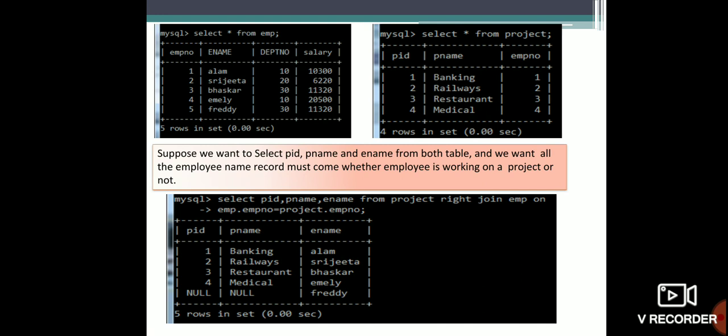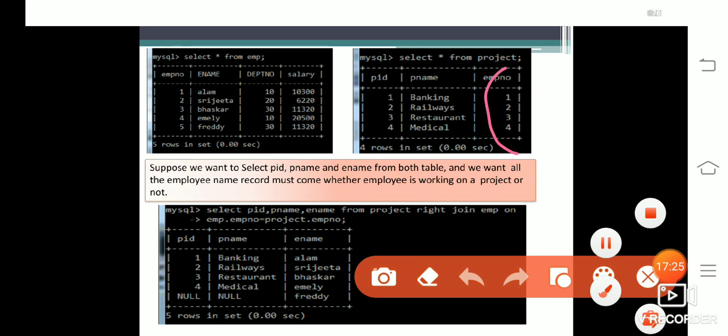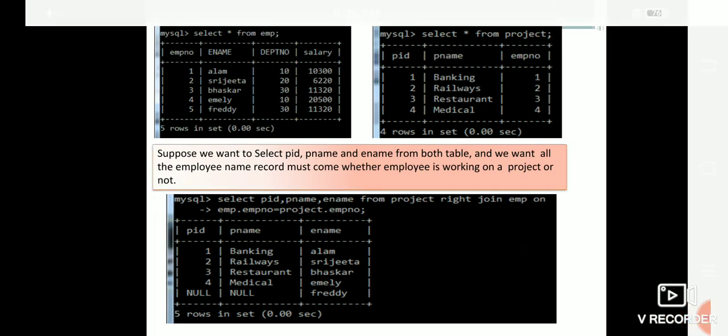When we do the right join, in the employee table the fifth employee number is mentioned, but in project there is no fifth entry, so the PID will be null. P name will also be null for that employee number. In the employee table the fifth number is not present in the project, so the PID and P name will be null. Okay, thank you, have a nice day.